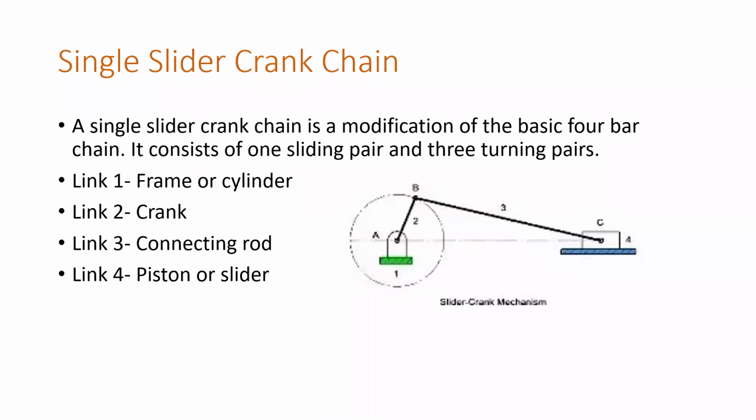Okay. See, it is our slider crank mechanism, slider crank chain. Now, what is done here? See, it is your cylinder. Suppose that your cylinder is not fixed, as in the case of an IC engine. Here, your connecting rod is what? Connecting rod is link 3. So instead of fixing the cylinder, what I am doing? I am fixing